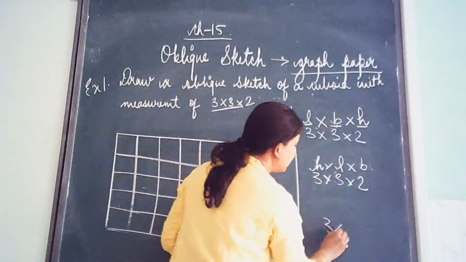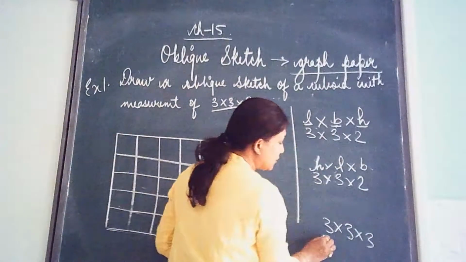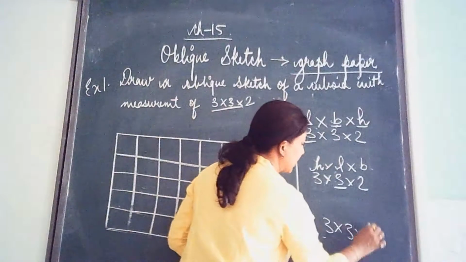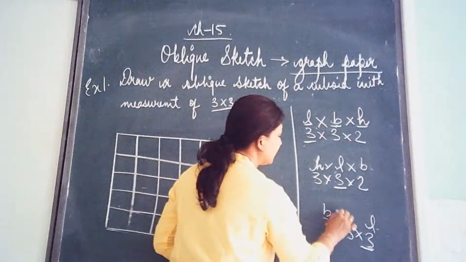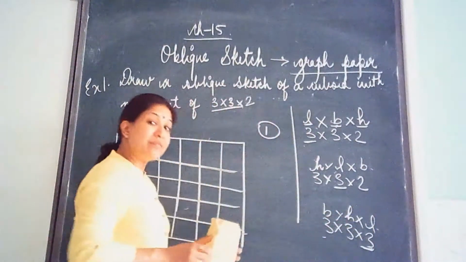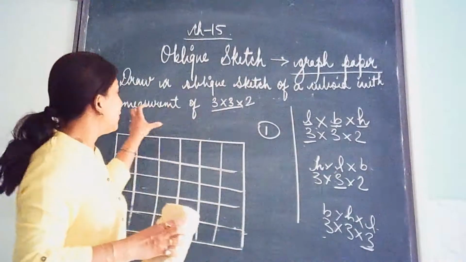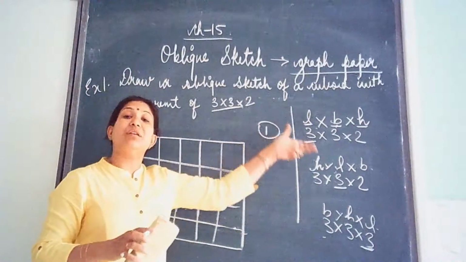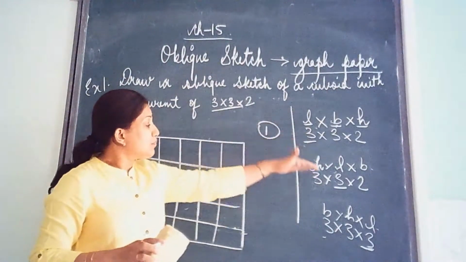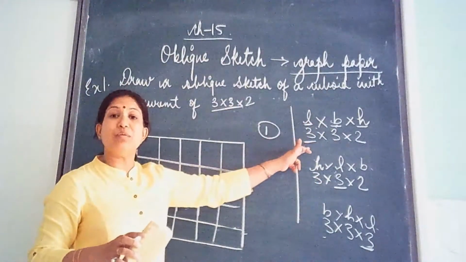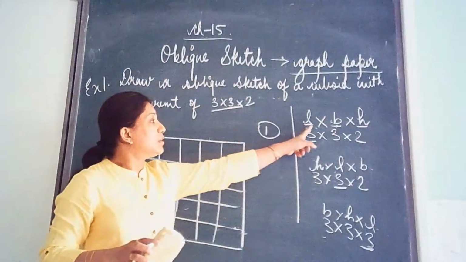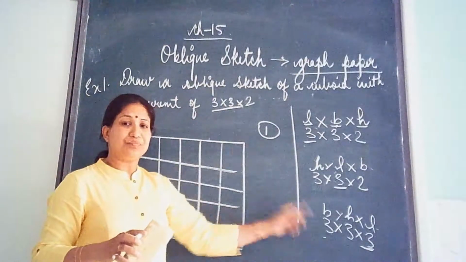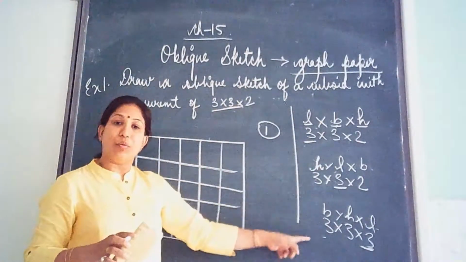In the third form, you take this as the length. Length, breadth into height. You have certain questions like this where they give only one measurement and ask you to draw it in 3 different ways. Just to make you understand how to get the values of length, breadth and height, I have made it easy. You can apply the combination here.